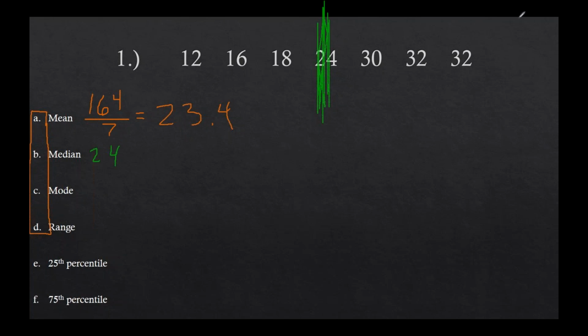The mode is the number that appears most often. As you probably noticed, 32 appears twice. It is possible for you to have 2 modes. We call those things being bimodal, because bi means 2. Anything more than that, and you really don't have a mode. You have to insert something weird in WebWork for that, so just be aware. And then to find the range is the biggest number, 32, minus the smallest number, 12, which gives me 20. So my range in this case is 20. Any questions A through D?